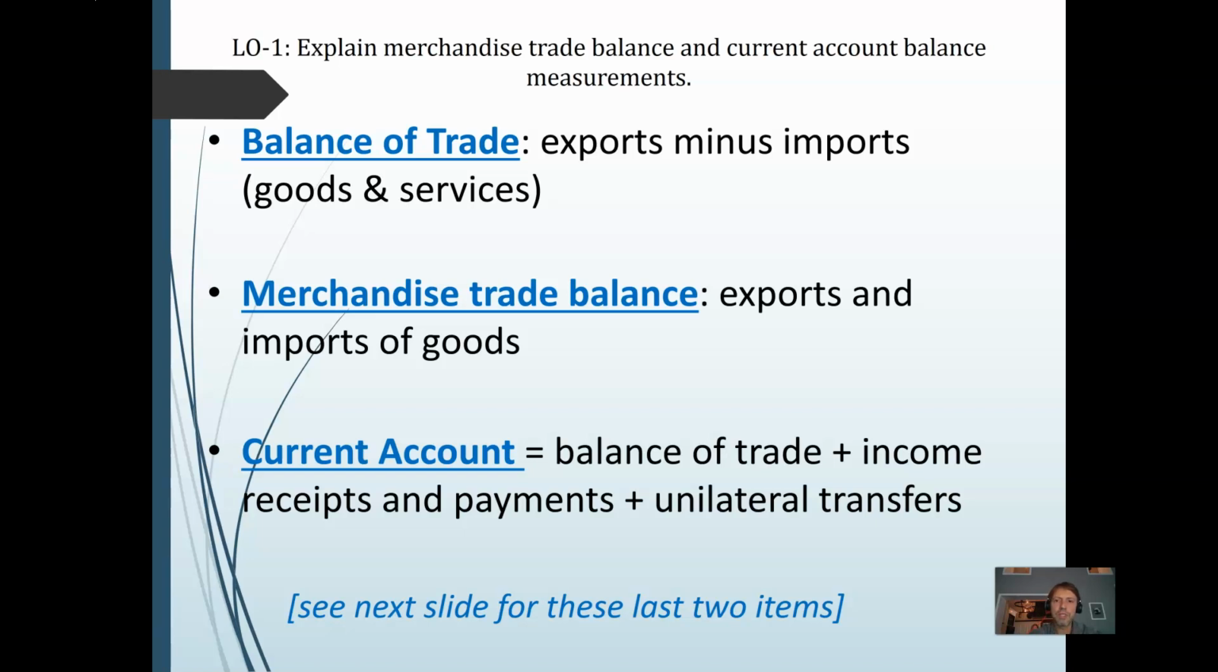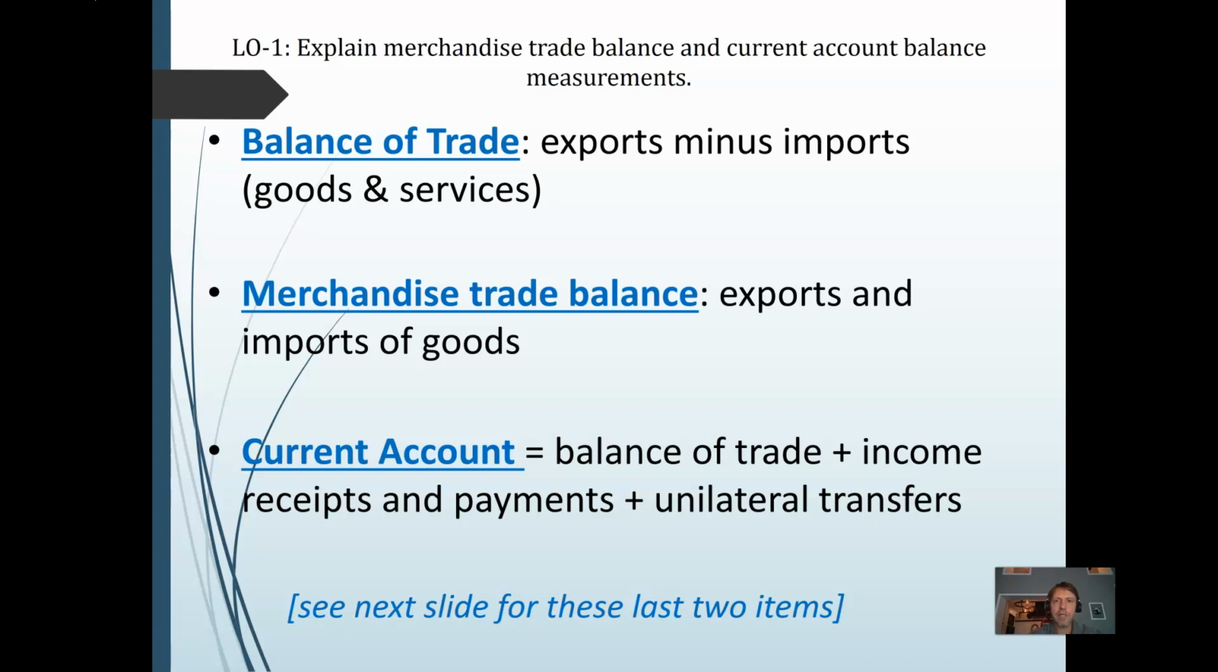So, balance of trade looks at exports minus imports. Exports, what we would sell to the rest of the world; imports, what we buy from the rest of the world. The balance of trade looks at goods and services that cross national borders through that export and import. The merchandise trade balance just looks at goods, factors out services, and